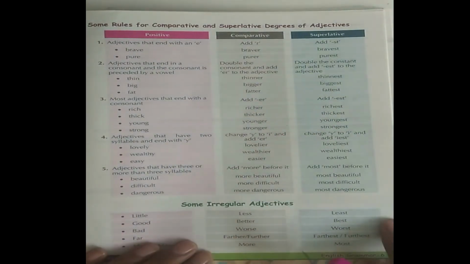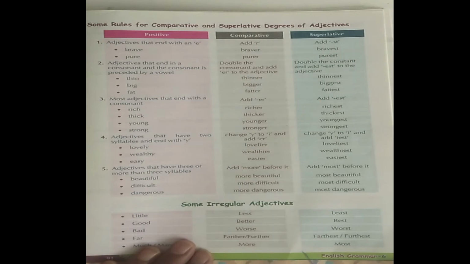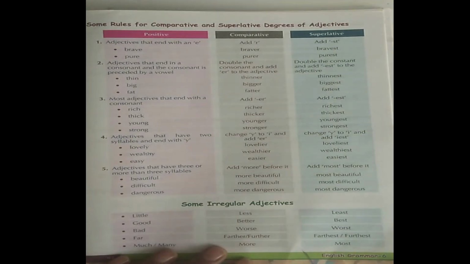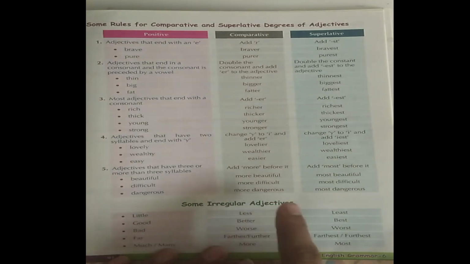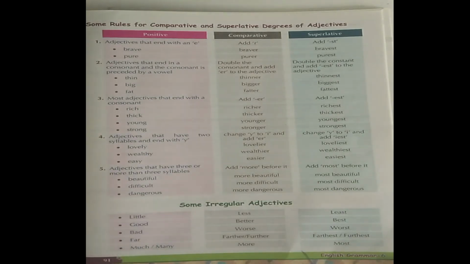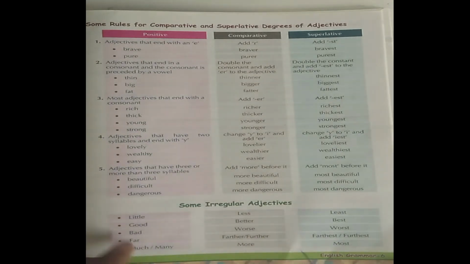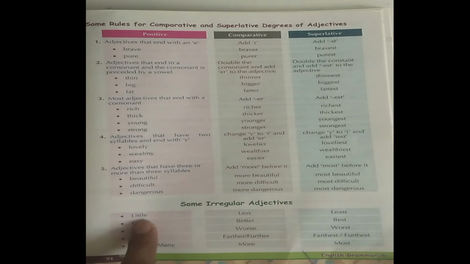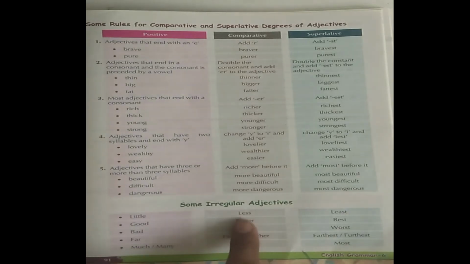Now we will move on to our next aim of today's class. What is that? Do you remember? Good. That is irregular adjectives. When we are given irregular adjectives, we do not add er and est or write more and most. When the first word given here is little, you all know little is an adjective, and when we have to write it in the comparative form,